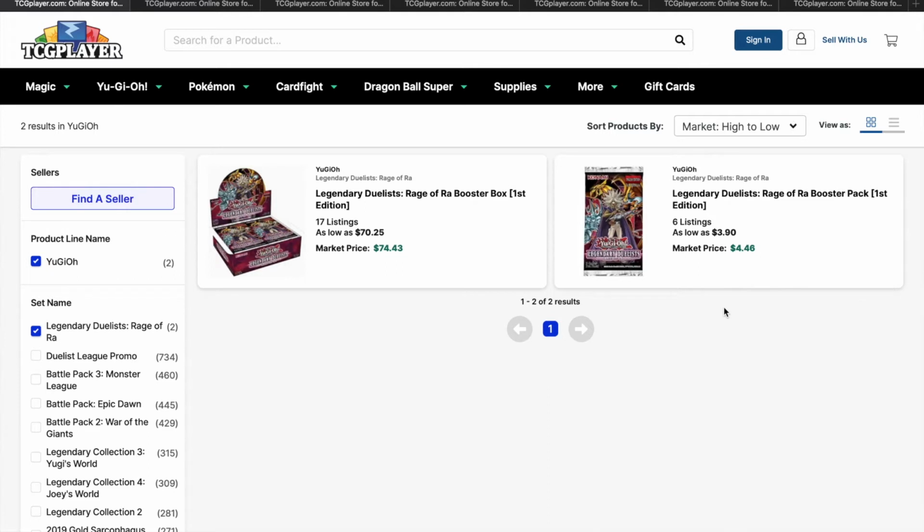So yeah, I just want to talk about certain things that have been showing up lately, but I also want to discuss things that are going to come in the future, because the latest thing that we're going to be offered is the tins, and then after that, the Legendary Duelist Rage of Ra booster box. So this one has some Ra support and some Obelisk, Slifer, Egyptian god support. I'm not too sure, but it's definitely one of those sets that people want to just pick up because I think